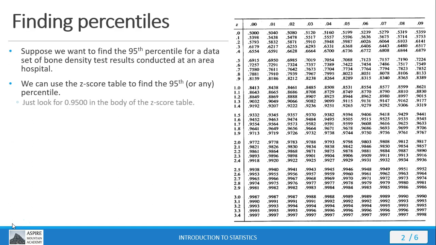So if we just look for 0.95 in our z-score table, we see that it's actually in between two values that are listed here. That means we're going to have to interpolate to get the value that we need. Fortunately for us, 0.95 is directly in the middle between these two values. So that's going to make getting the z-score a lot easier, because what we can do